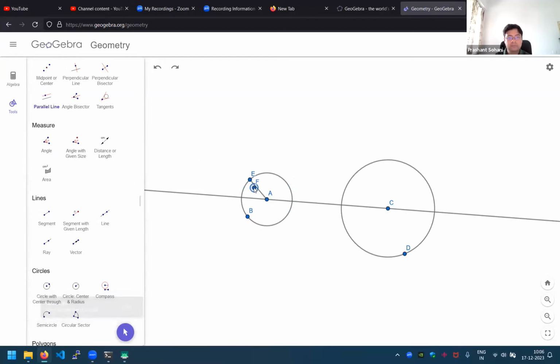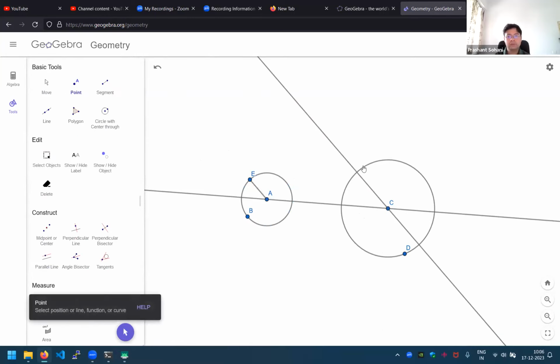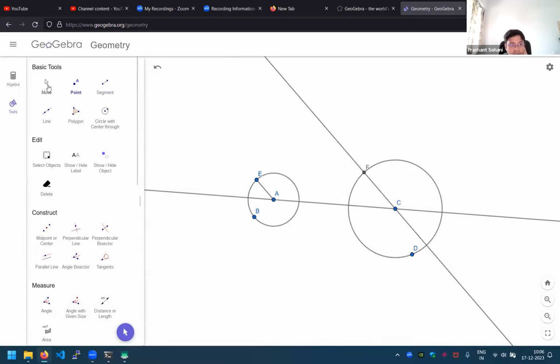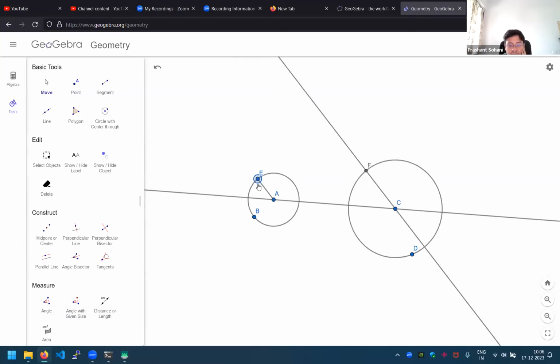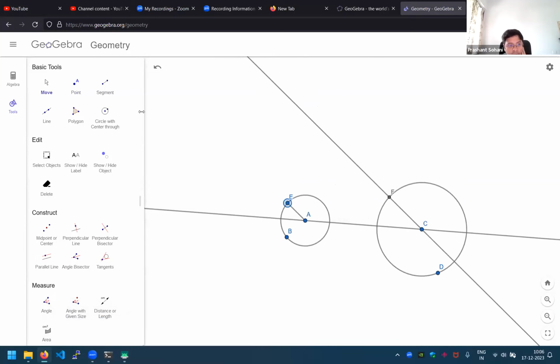So, yes. Okay. So you see it is intersecting my circle at a new point F. And so if I move my point E, the F also moves. But throughout, what you'll observe is that if I join EF, right,